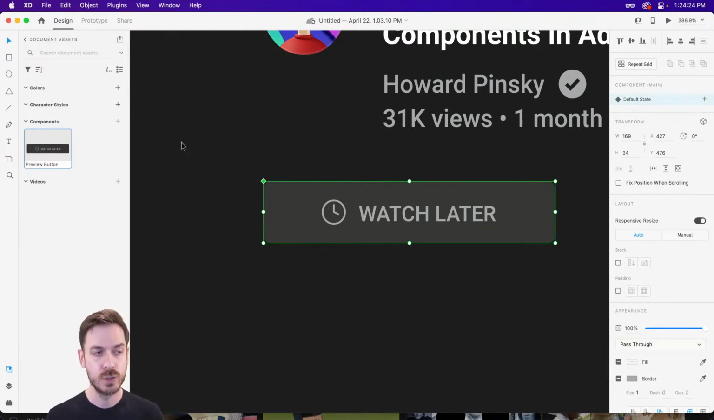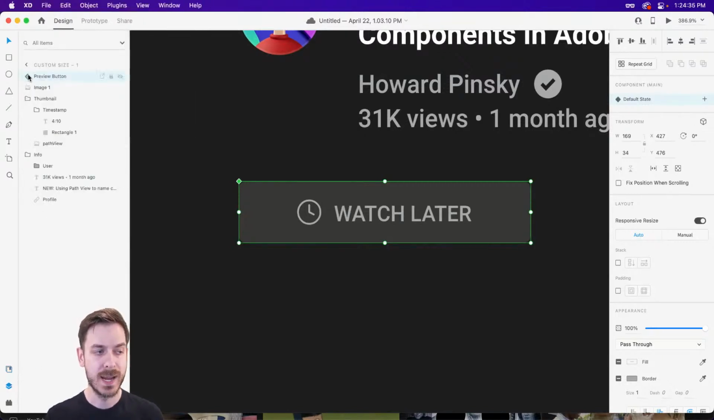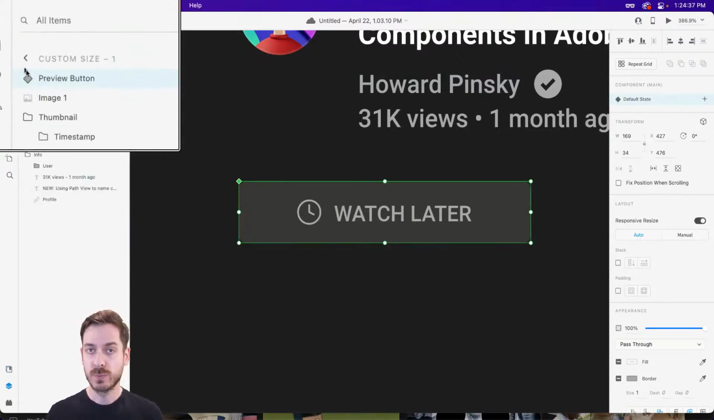We introduced the ability to organize your components and your colors and your character styles a while back. But now we have path view, as you can see up here at the top. And this will allow you directly from your layers panel to very quickly not just rename your components, but also organize them. Now, on this particular document, I don't have a very in-depth design system, but